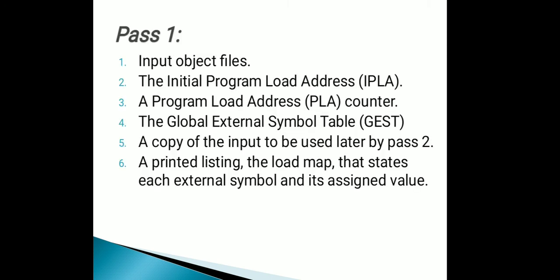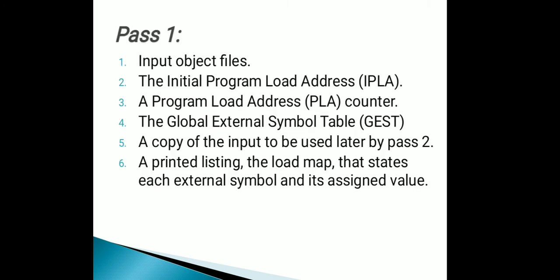Now we discuss the linking loader. Since the direct linking loader is required to know the absolute, that is the load time, absolute value of some external symbols before it can carry out the alteration on address constants, it needs two passes. Okay. The direct linking loader needs two passes. We will see that later.